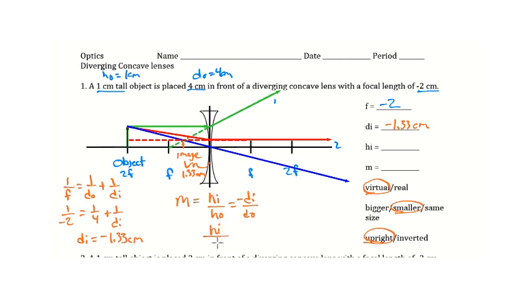So our object height in this case was 1, my favorite object height. And our image distance is -1.33, and our object distance was 4. So you're simply going to cross multiply and solve. And you get an image height of